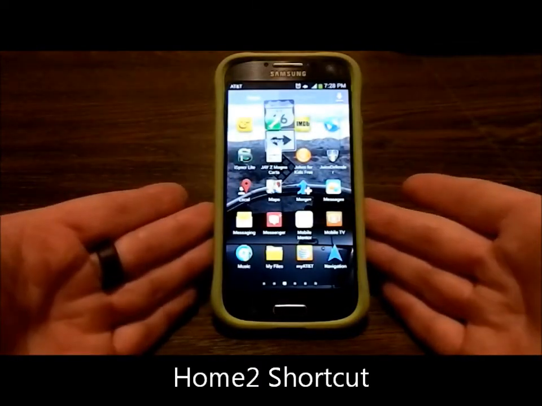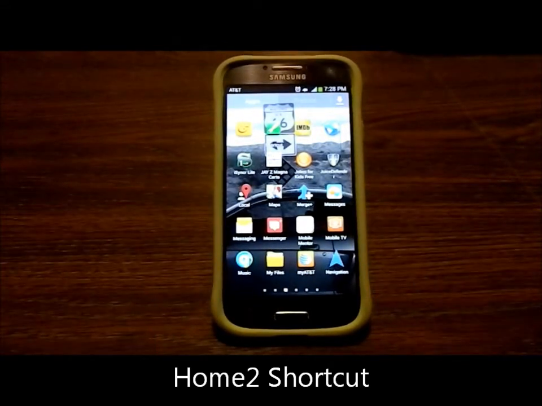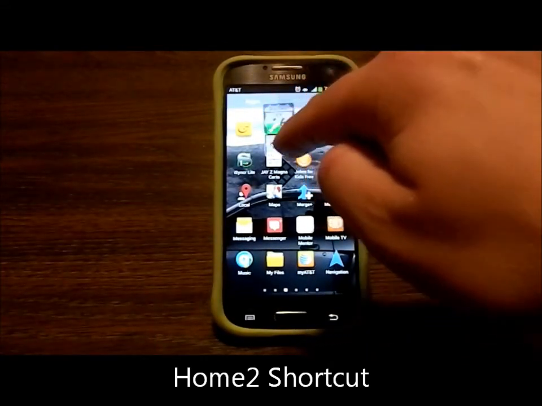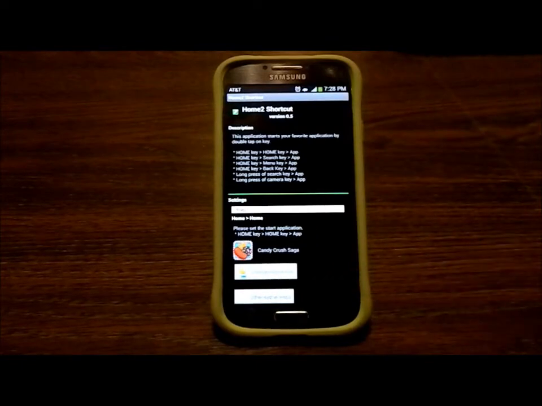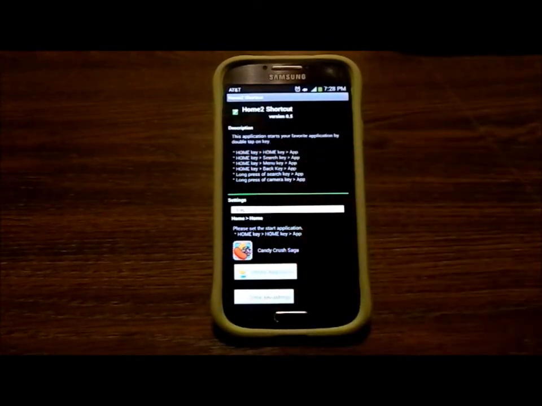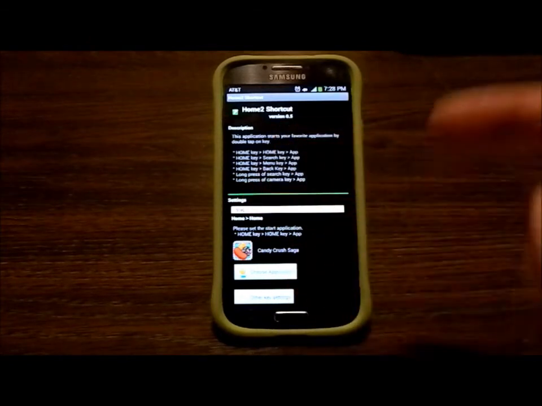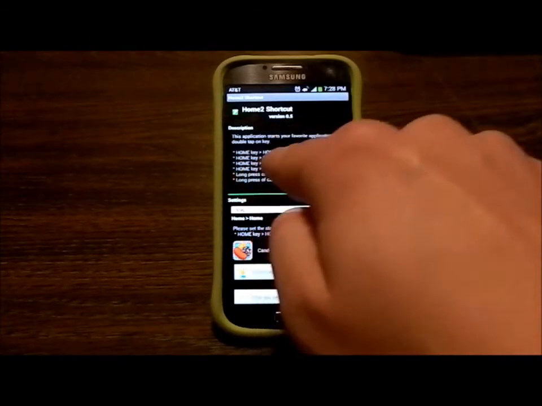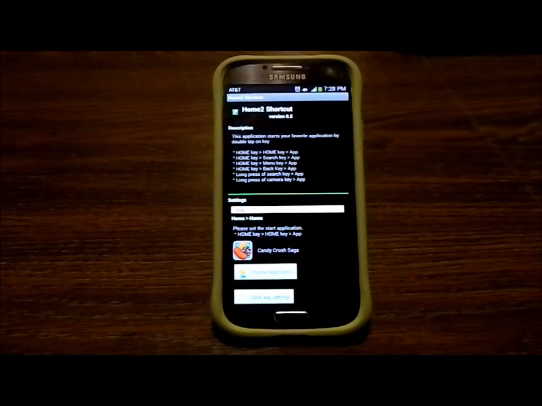Here is the third application I'm going over today, and it's referred to as Home to Shortcut. And so when you head over there, I'm going to open up the Home to Shortcut. Basically all this means is that you can use the Home, and it'll actually open up an app. Or you can press on Home, search button, it'll open up an application. Here's the Home key and menu. You also have the Home key, back button, and then you can long press on the search or long press